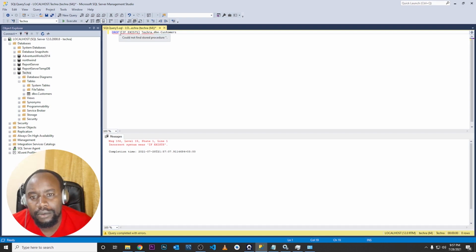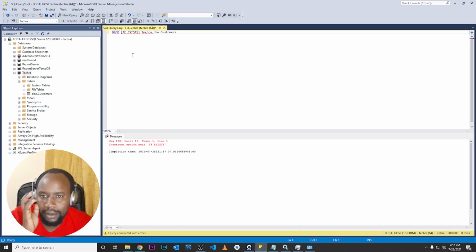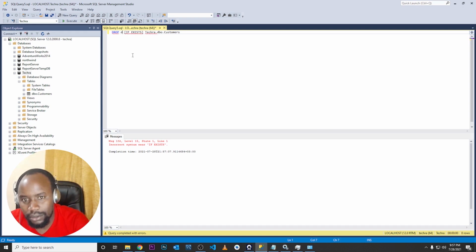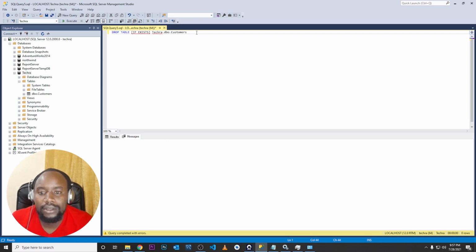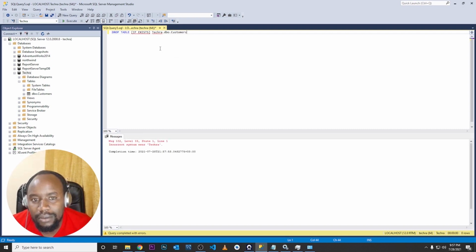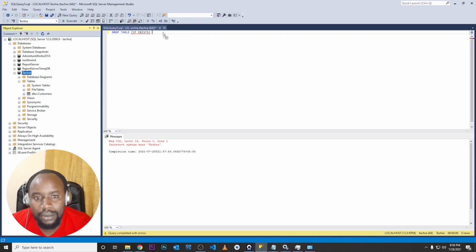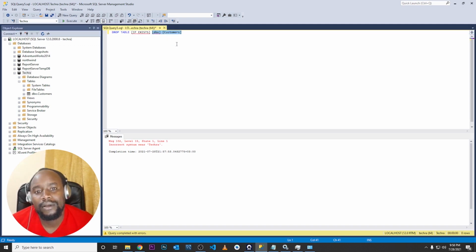Okay, sorry, whether you are dropping table or database, drop table if exists checker.dbo.customers. If we execute that one, should be able to. Alternative if this one is not working, just go ahead and drop the table right from there. Okay, then can execute